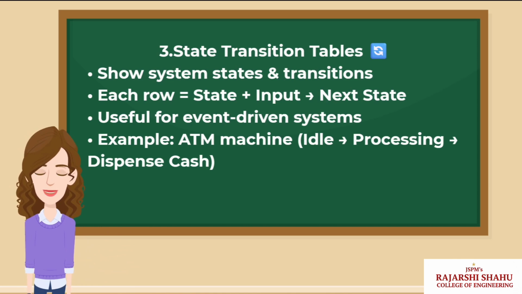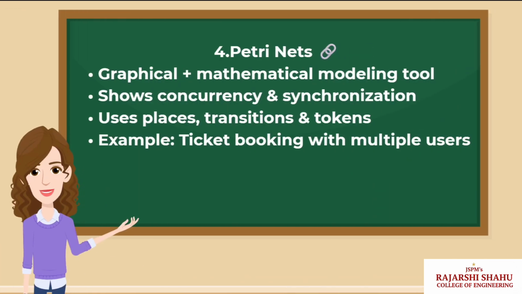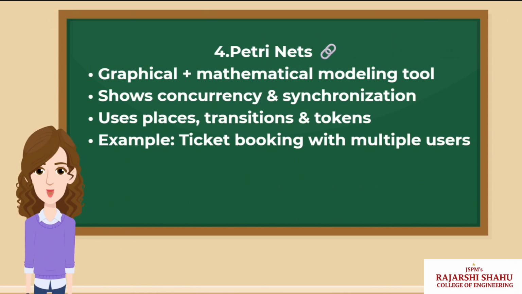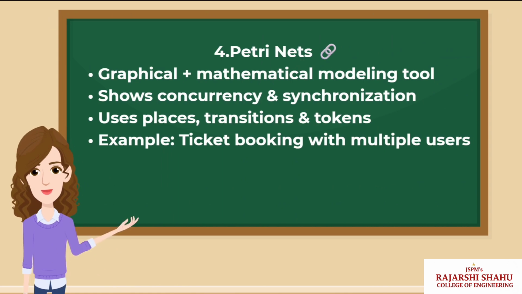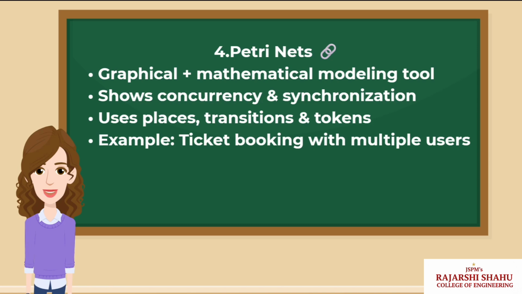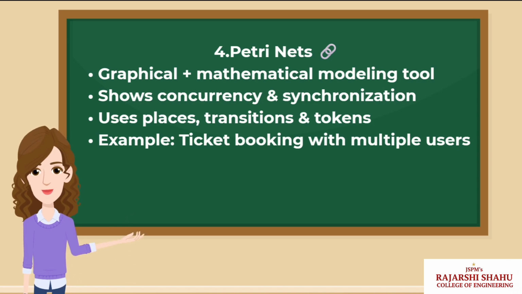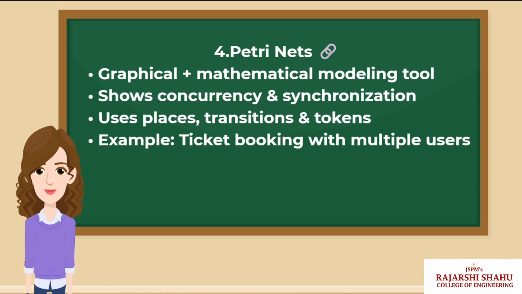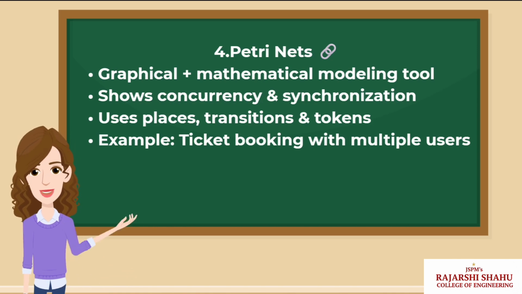a valid PIN. Petri nets are both graphical and mathematical models. They use circles called places, rectangles called transitions, and tokens to show system behavior. Petri nets are powerful for modeling concurrency and synchronization. For example, in a ticket booking system with multiple users, Petri nets can model how seats are reserved and locked